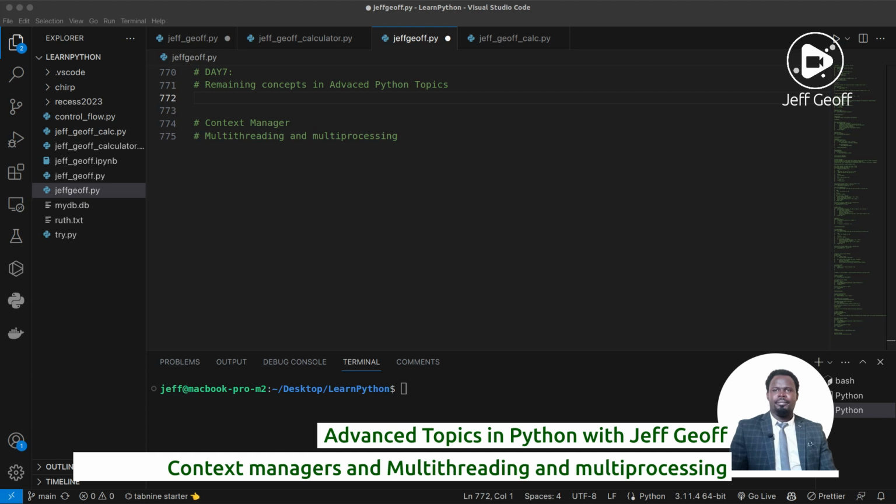So let's start by understanding what context managers are. When we come to Python programming, these are the only remaining areas that I'm supposed to cover because I've already explained the others to you. So we will look at context managers first. And in context managers, all we need to know is